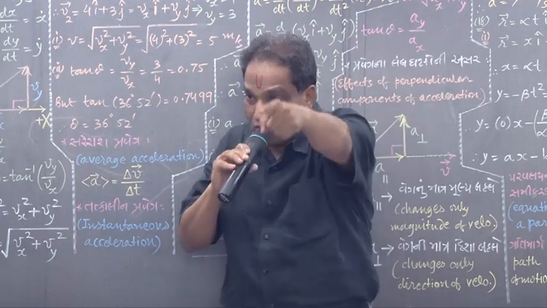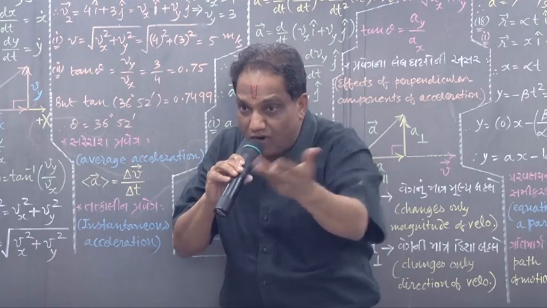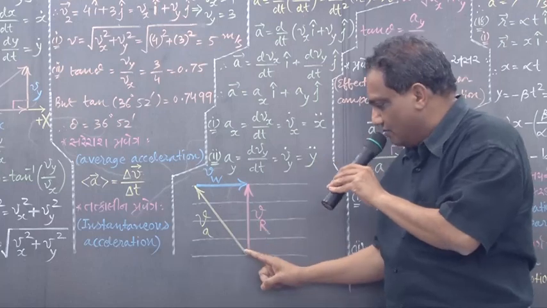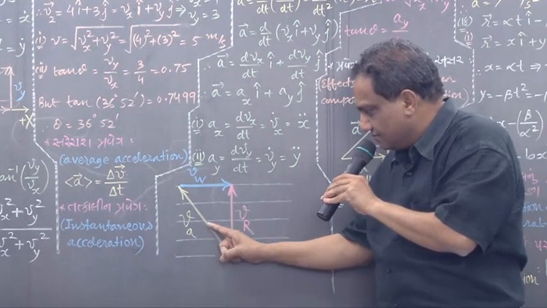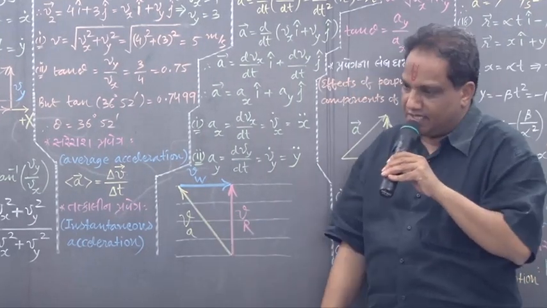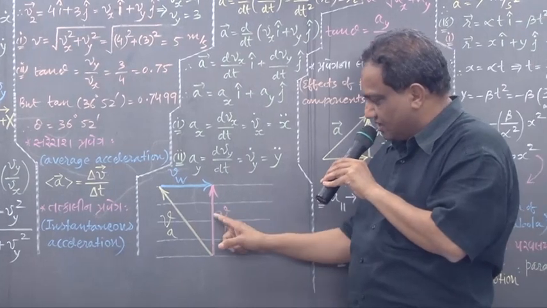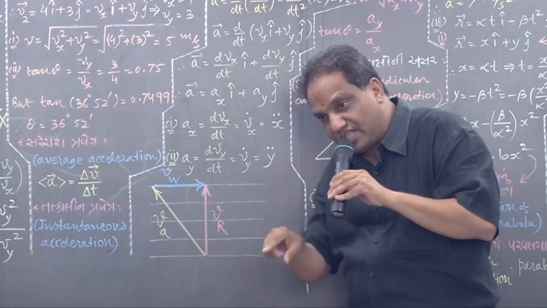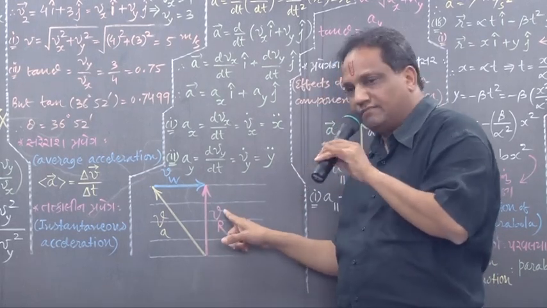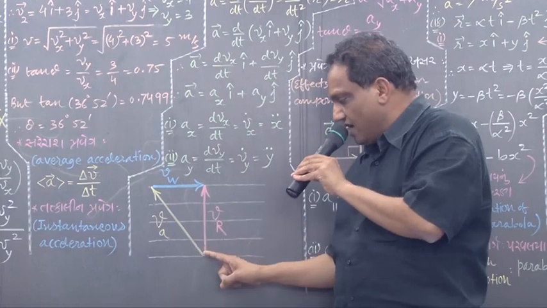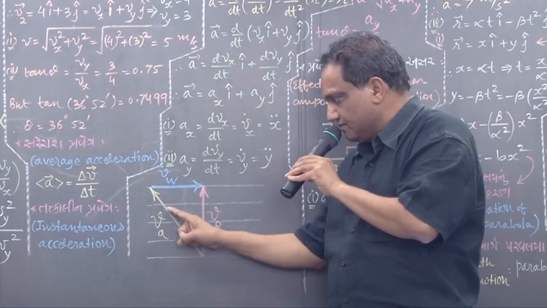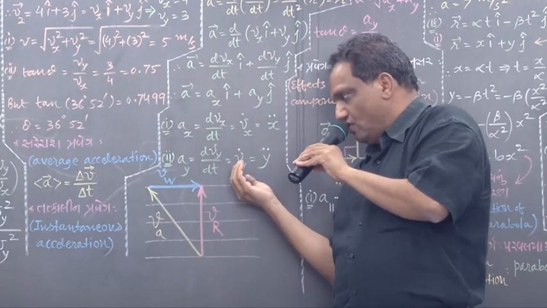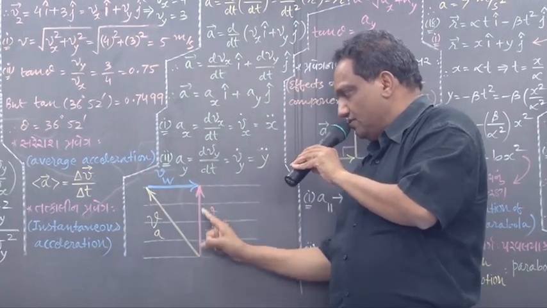But if you ask that boatman where he is trying to drive the boat, he will tell you that he is trying to drive the boat in this direction. Correct? So this is not the actual velocity. What is this? Apparent velocity. And from the physics point of view, it is the resultant velocity. Got it? The boatman is trying to drive his boat in this direction, but because his velocity is added to the velocity of the water flow, this plus this will give you this.